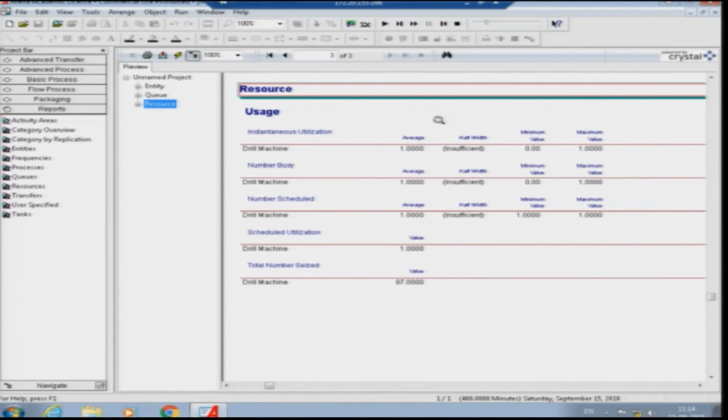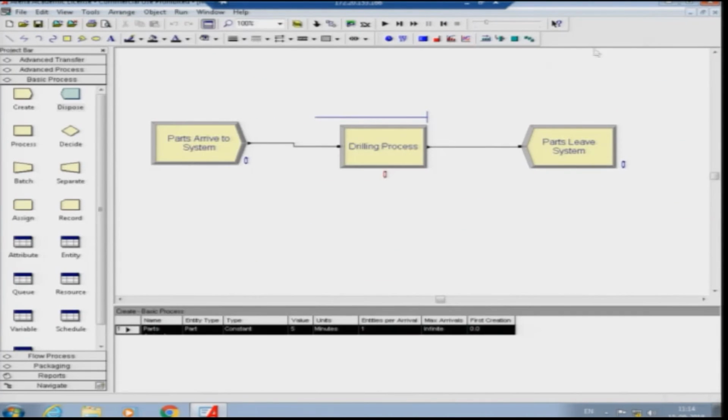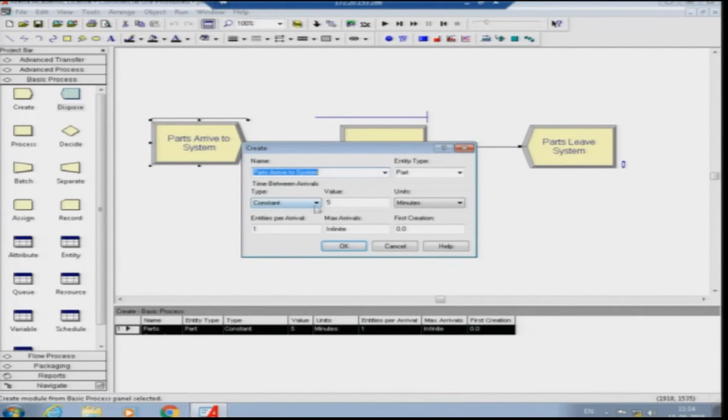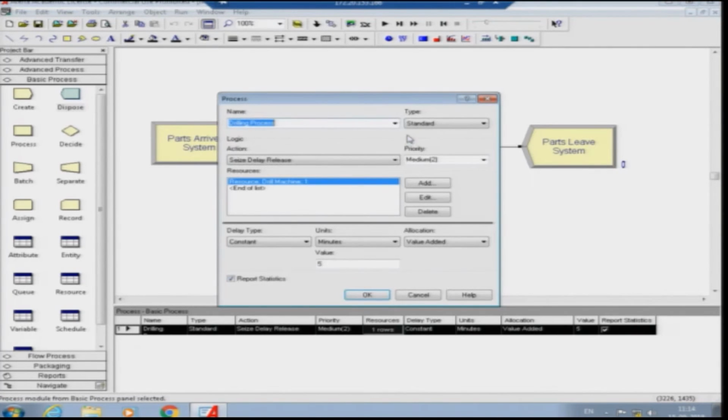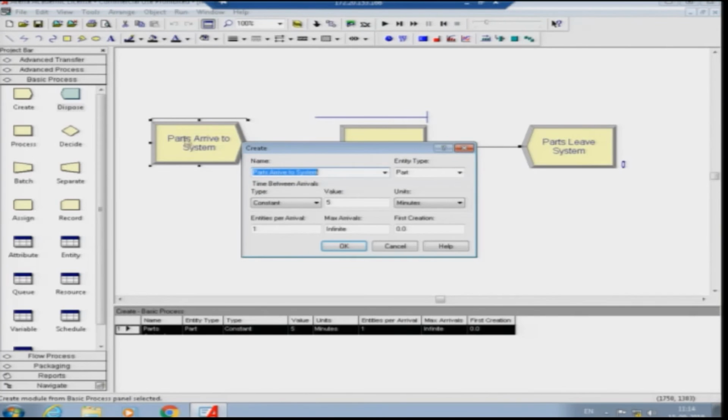So, this model that I just showed you, where the arrival is a constant of 5 units and the service, the drilling part, is also a constant of 5 minutes, you can think about it as the baseline system. So, now if you say, okay, I have a baseline system where everything is constant, things arrived, things worked, there is no variation in the system, then I can say that, okay, I have no control over the arrival of the parts into the system.